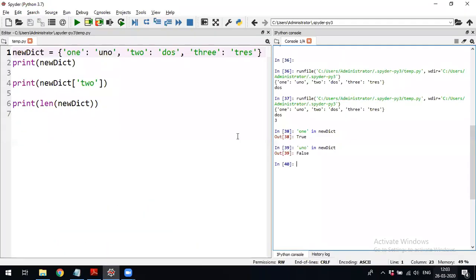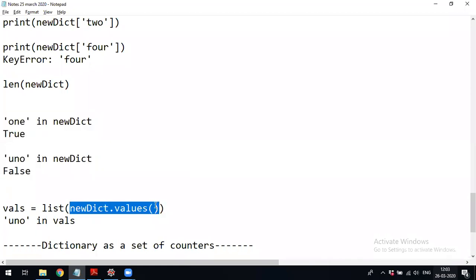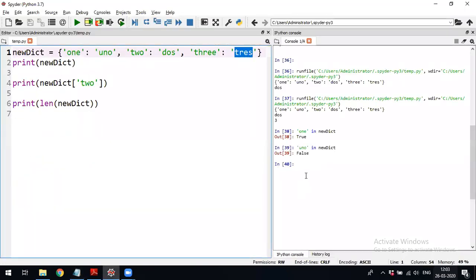If you want just only the values, DOS and then trace, there is a function called new dictionary dot values. This new dictionary dot values will give you only the values.